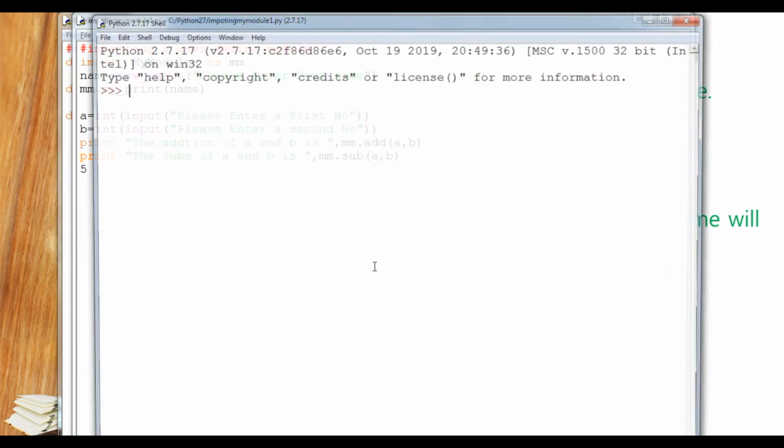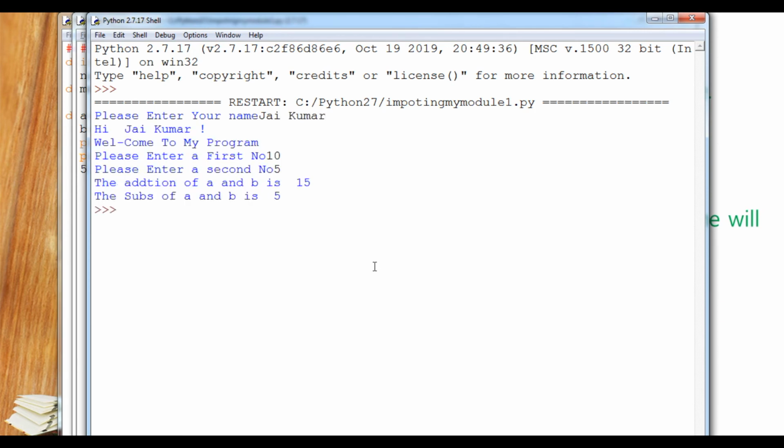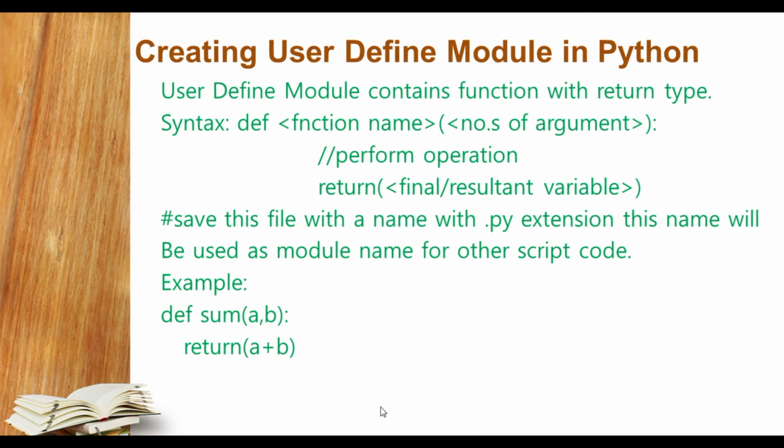So refresh this. Okay, now you can see Jay Kumar. So now you can see first number I am putting here 10, second 5. So you can see the addition of a and b is 15, and subtraction of a and b is 5. So student, we have learned how to perform functions and how to import the module.